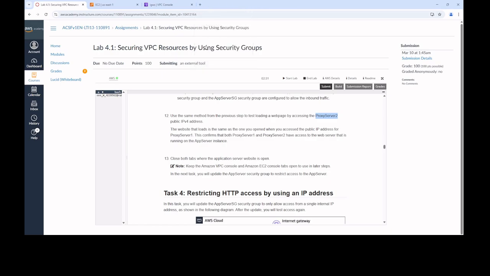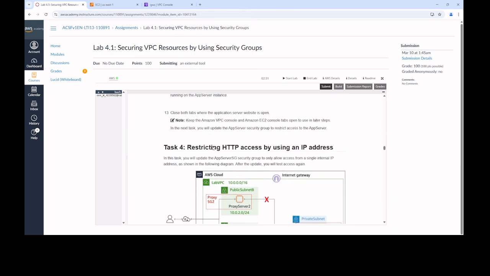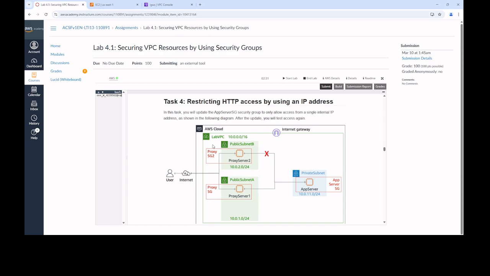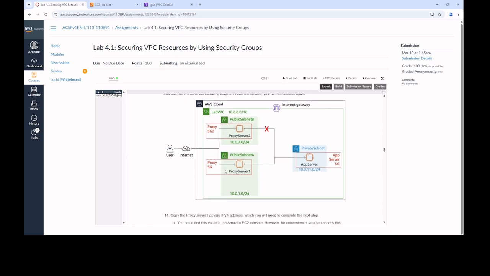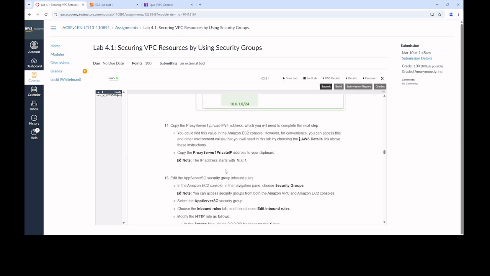So close these ones. Now come to task 4, that is restricting HTTP access by using an IP address. Proxy servers are working for the app server, but now we are going to restrict one through which we will not be able to access the application server. So for that,